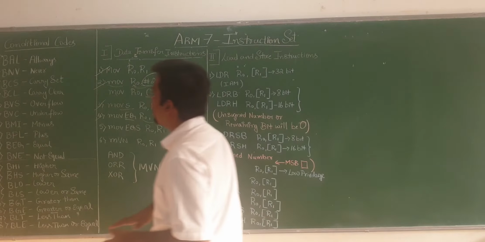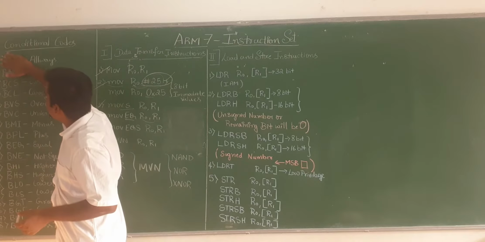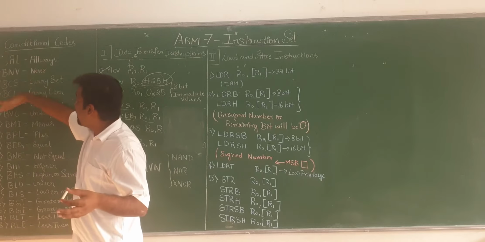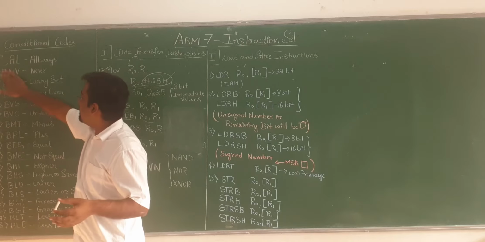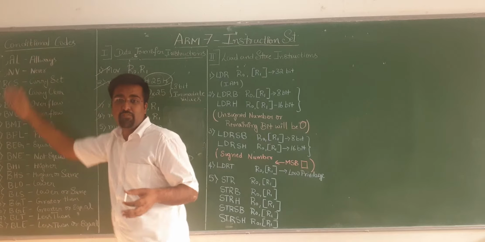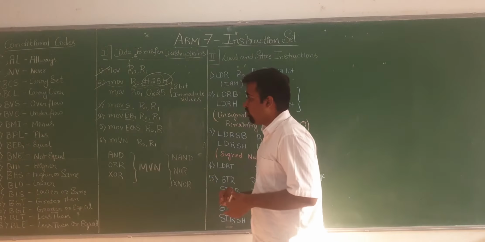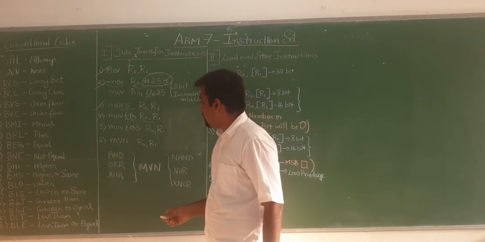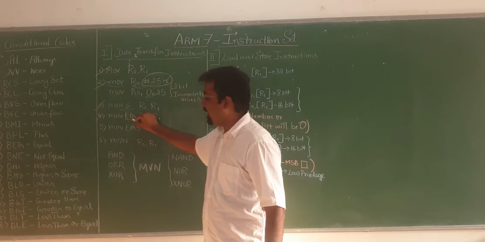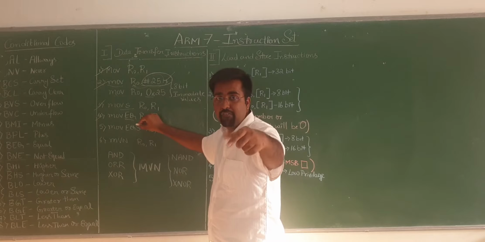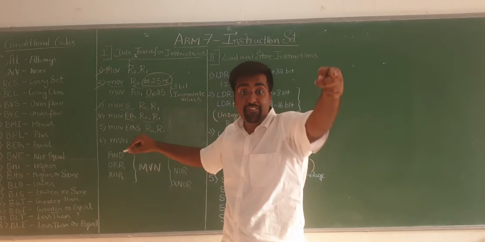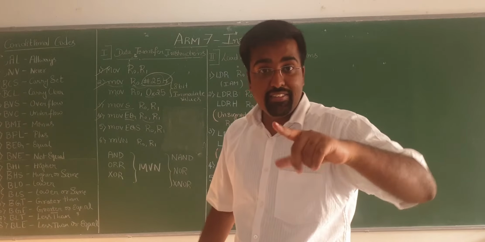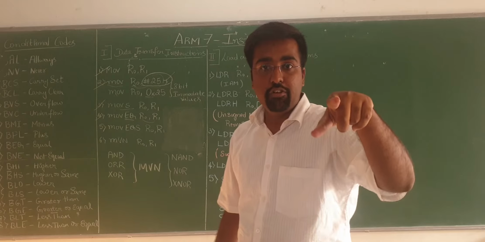It is not only with branch, it can be attached with other instructions. Here I can just remove my branch. AL is always, NV is never. All of these are the condition codes which you have. So come back again. Please don't get deviated from the topic. What is this? MOVEQ R0, R1 means what? If the previous instruction was equal, then you move the content of R1 to R0.